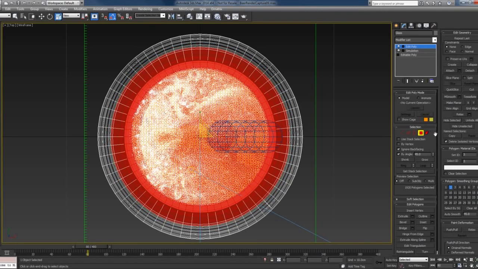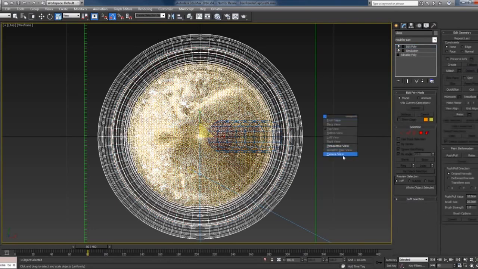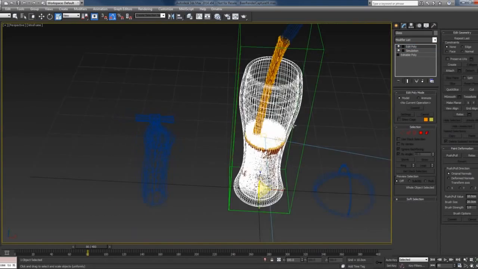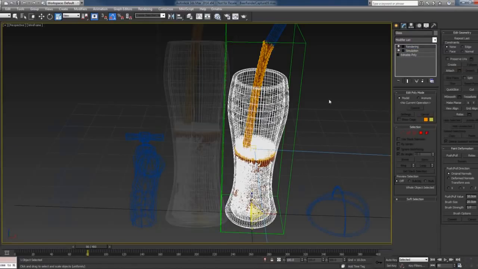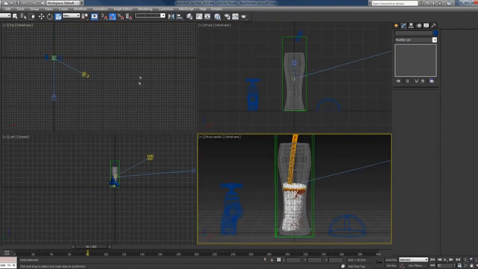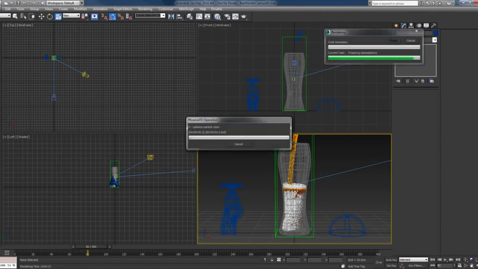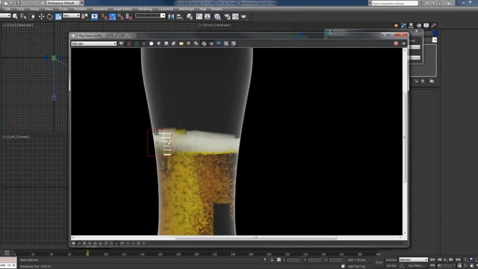So 4 units will be enough, and let's rename this modifier to rendering, and let's hit render again. And the lines are now gone, and we now have this nice clean render,